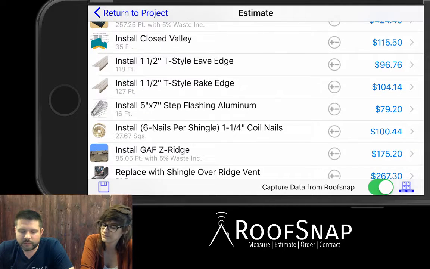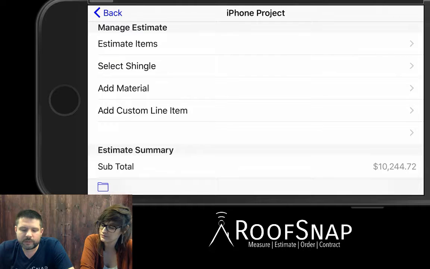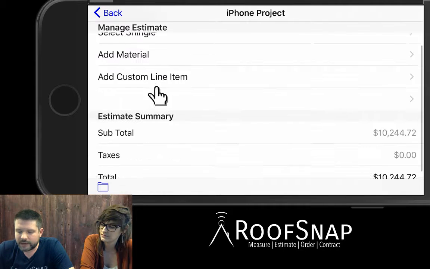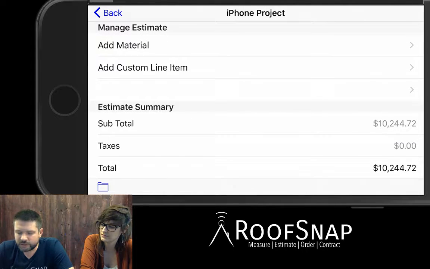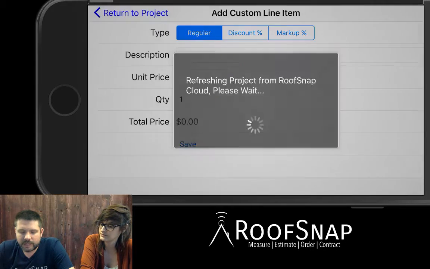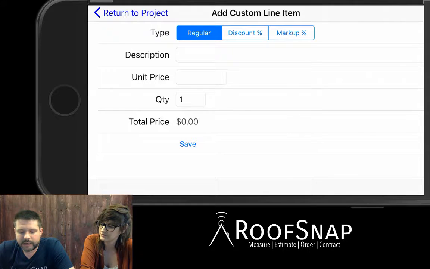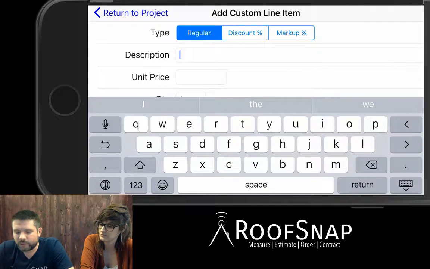Okay. So when we return back to the project, there's one more thing we might want to consider. So right now, the total is at $10,244.72, and let's say we've negotiated with the customer $10,000 flat. Okay. So we can go and add a custom line item, and with this regular type custom line item, you can do a positive or a negative custom line item. So let's go